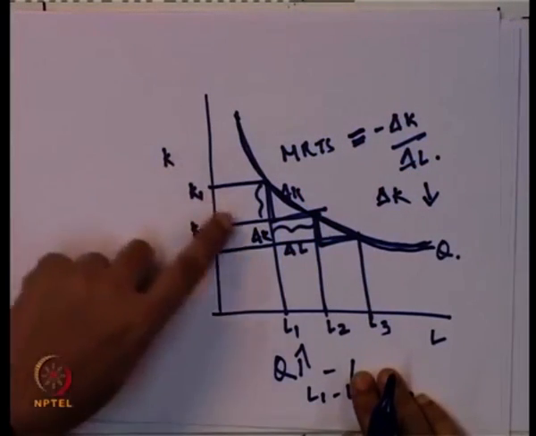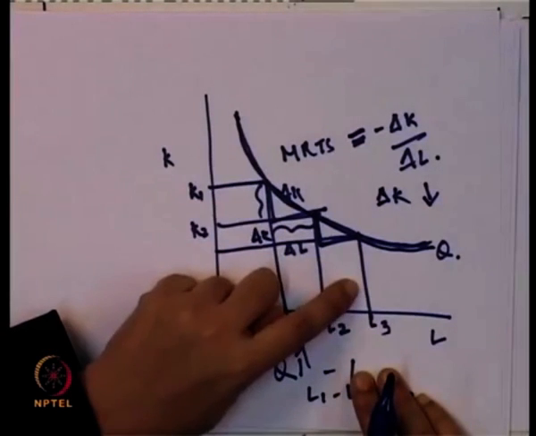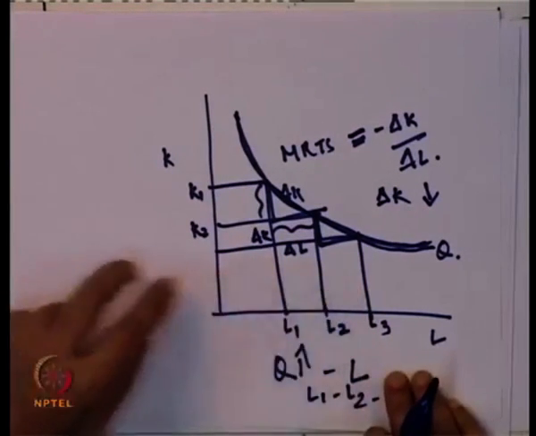That is the reason the marginal rate of technical substitution is decreasing, and the isoquant follows the shape of a convex isoquant, because the slope is decreasing. As the producer goes on adding more of one input in order to increase output, the producer is no longer ready to sacrifice the other input at a constant rate. That is the reason the marginal rate of technical substitution, or the slope, goes on decreasing, and the isoquant follows a convex shape.